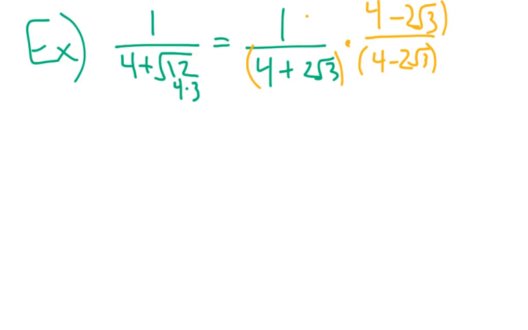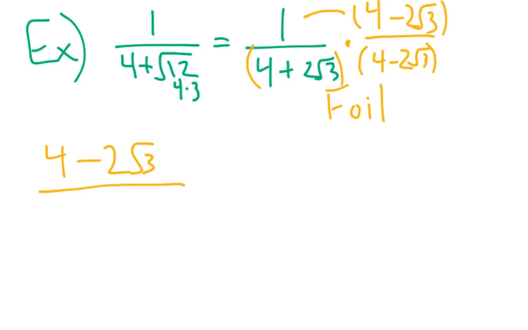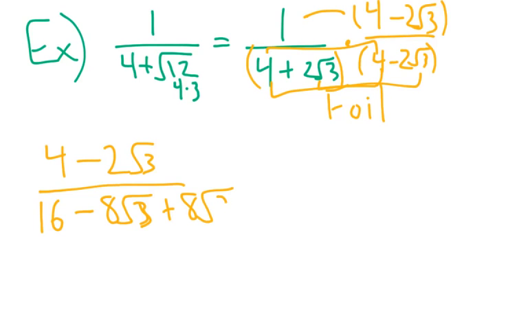So in the numerator, we use the distributive property, and then down here, we have to use FOIL. So let's take a look at the numerator. Well, it's easy. We're just multiplying by 1. So 4 minus 2 root 3. Now here, let's take our time and really work on the whole FOILing process. So we have 4 times 4, which is 16. So that's first. Outside, 4 times negative 2 root 3 will be negative 8 root 3, plus, now do the inside terms, 8 root 3, and then the outside terms, and this is where it gets tricky, sorry, not plus, it's going to be minus